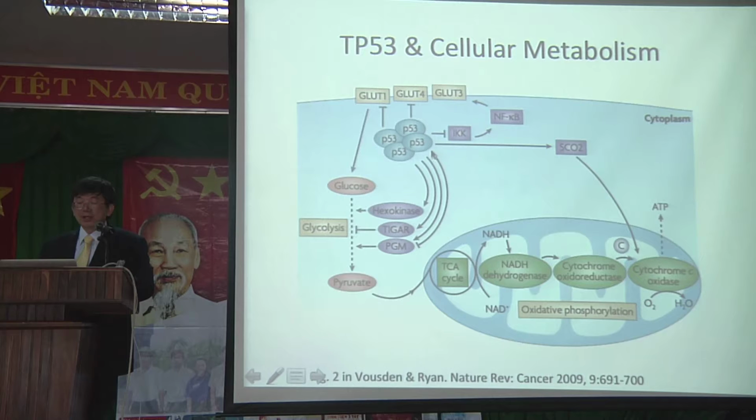So by inhibiting phosphoglycerate mutase, p53 can suppress the glycolytic rate of cancer cells. And also, through IKK, which regulates the NF-kappa B pathway, p53 would also be able to inhibit the expression of glucose transporter type